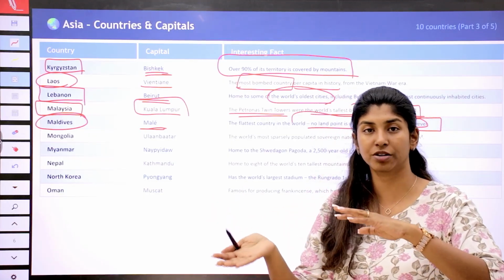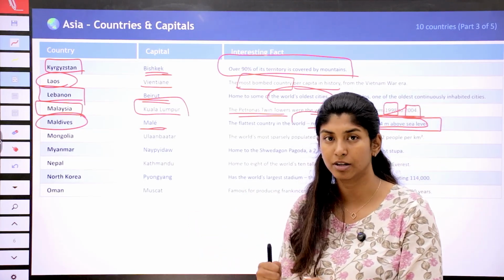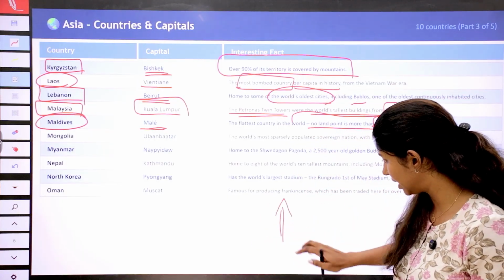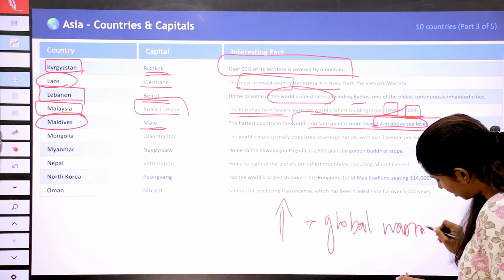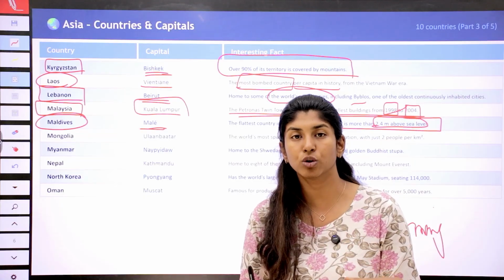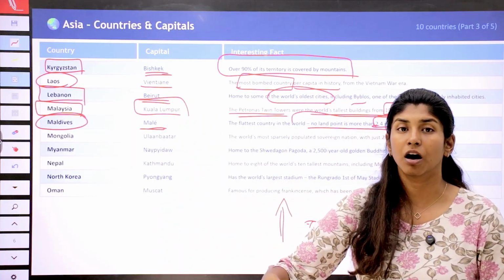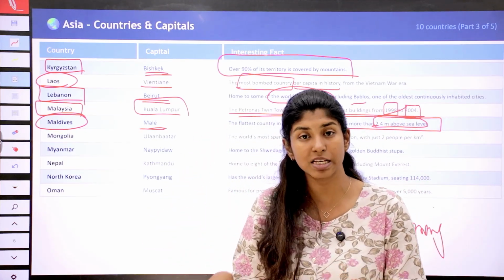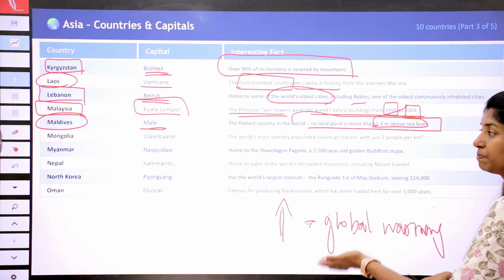So in case the water rises, and why would the water rise? Is there any possibility for the sea level to go up? Yes, there is. The sea level will rise due to many factors. One is global warming. How come if global warming is there, sea level will rise? Due to excessive heat, glaciers will melt more. The fresh water from the glaciers will get mixed with the sea water, and this will increase the sea level. So if it increases the sea level, there is a high chance that Maldives will sink.